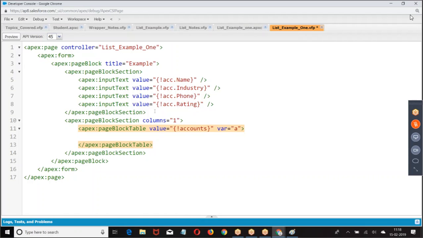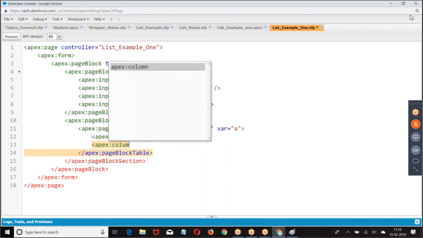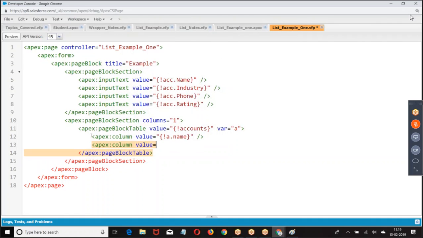Any query on this? Page block table is used for what? Displaying a group of records. Apex column, value equal to A.name. Apex column, value equal to A.industry.